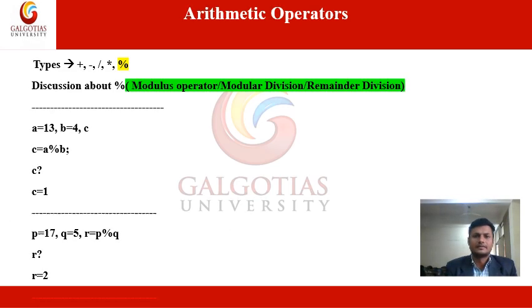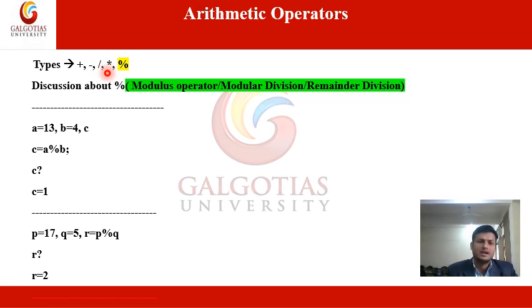Okay, next. So what are the arithmetic operators? Arithmetic operators are like plus, minus, divide, multiply. These are simple mathematical operations. Next we have remainder division. This is not percentage, because this symbol denotes percentage in mathematics, but here it has a little bit different meaning, or its working is a little bit different from mathematics. So I think we need not discuss plus, minus, multiply, and division, because all of us know